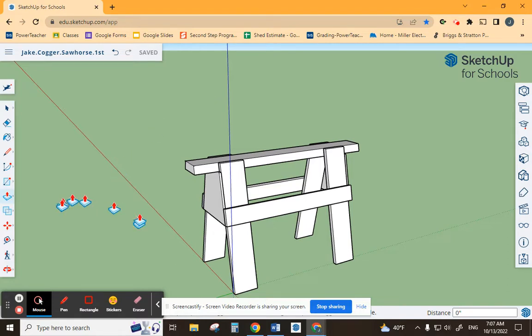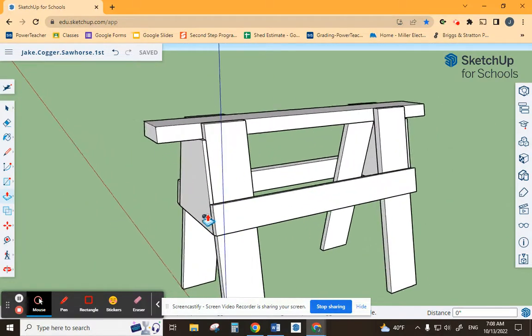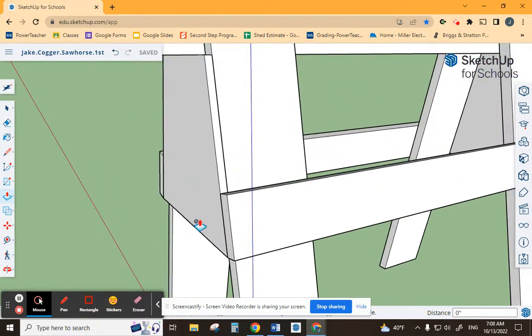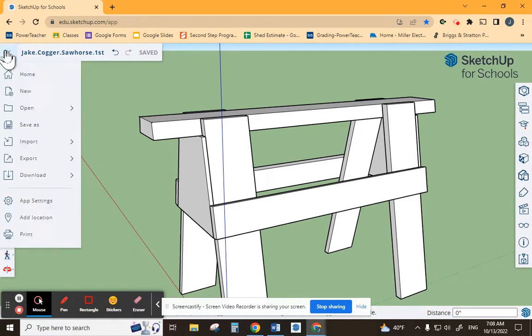Before we go any further, what I'd like you to do is take the roller of your mouse, and if you roll in and out and it zooms in and out, great. If it does not, you might have to change some of the internal settings on the actual computer. To do that, I'm going to go up to these three lines. I'm going to go down to App Settings,